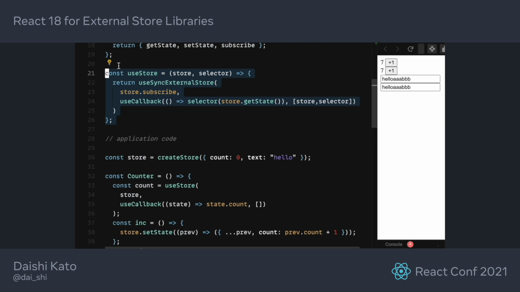We can encourage the use of useSyncExternalStore as a pattern, even if concurrent rendering isn't the issue for you. If the community moves to this new pattern, we will learn more about best practices and we can fix some potential bugs. I hope this shows how easy the migration is. With that, let's go back to the slides.